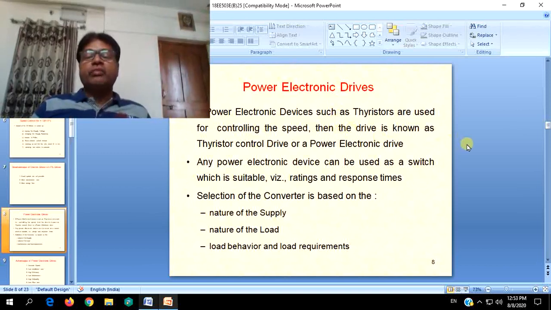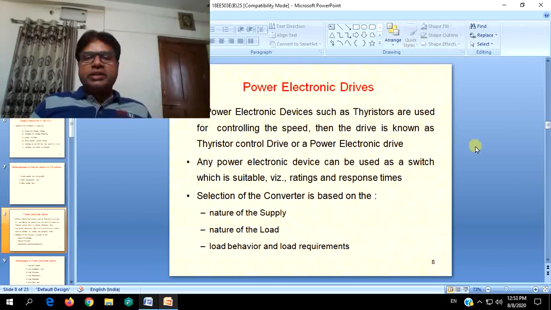Or simply to say, power electronic drives are those electric drives in which the switches are not conventional switches; they are replaced by power electronic switches. In normal electric drives, the switches use SPST, SPDT, DPST, DPDT switches along with variable resistances. For both turn on and turn off and variation, that is the resistances, all these things are replaced by simple power electronic switches.